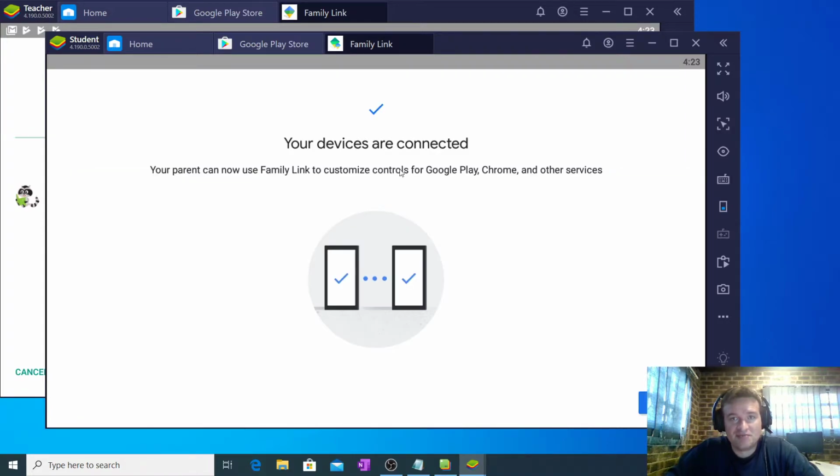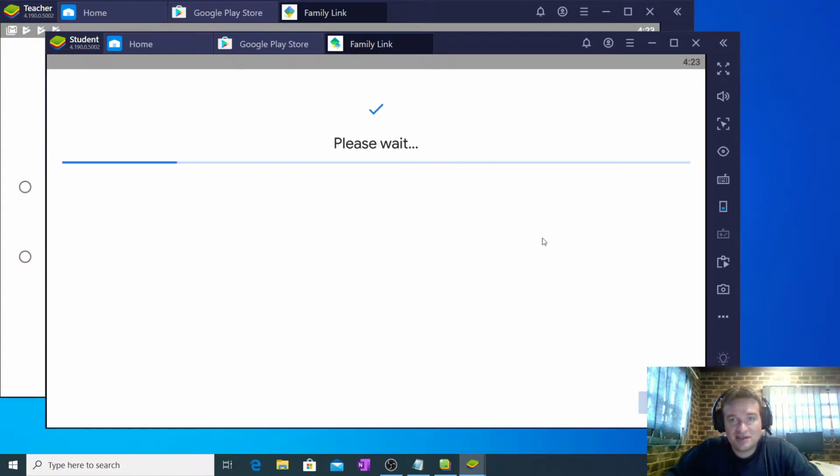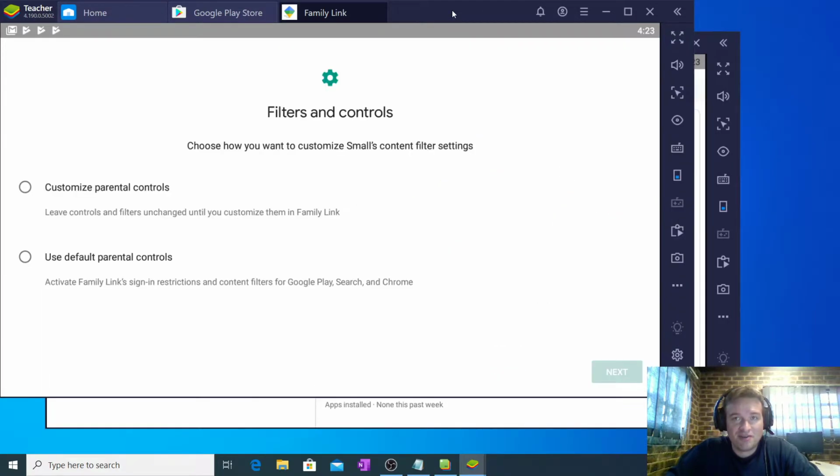And now it's finishing up. So it says your devices are connected. You can now press next and done. Now I'm done on the child's phone. So if I go to my phone, the parent phone, I can then go to customize parental controls or use